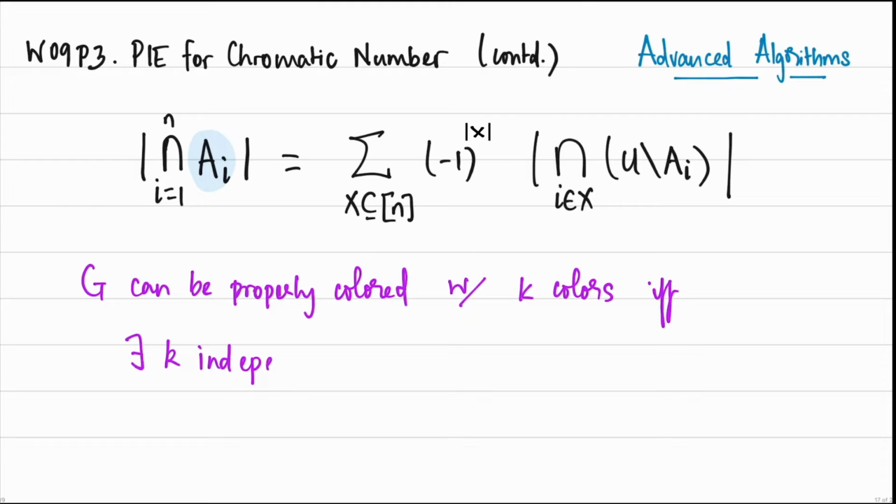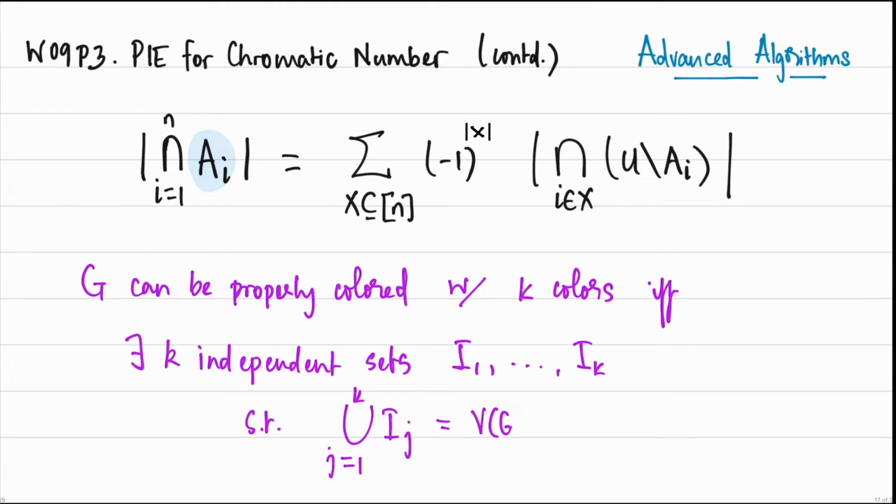Now notice that here I'm not demanding that these independent sets be disjoint, unlike before where we said we want a partition. Here we allow ourselves independent sets that potentially overlap. They need not even necessarily be distinct. And notice that this is true because if G can be properly colored with K colors, we've already seen that it can be partitioned into K independent sets. And any partition is also a cover, so we can just propose the partition, and that gives us the forward